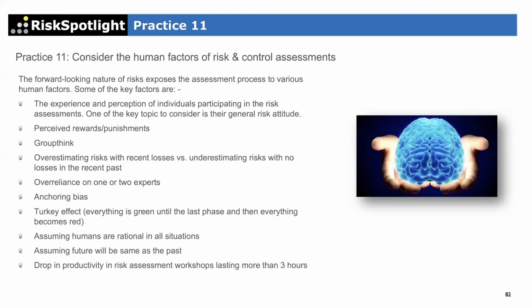Well, in reality, the actual impact may be 10 million or 15 million. And that's where whoever is facilitating those workshops needs to be aware, because the people who are doing that assessment will not know that they're being affected by anchoring bias. And that's why in these workshops, it becomes very important to have an external facilitator, so that they can keep people honest and make people aware, saying, oh, your group is now suffering with groupthink, or you're suffering from this anchoring bias now.